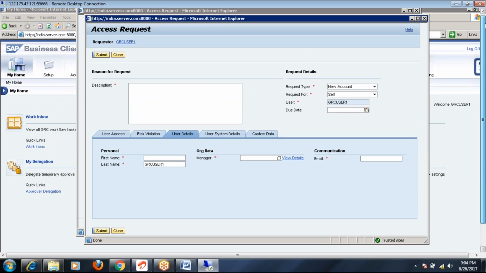So generally, one of the options to guide the users is that for filling an access form, you prepare a manual on how to fill it. We have only a few fields like request type, what has to be filled in the request form, what has to be filled in the user, and then first name, last name, manager, email. And suppose you have kept user type and user group also, user type